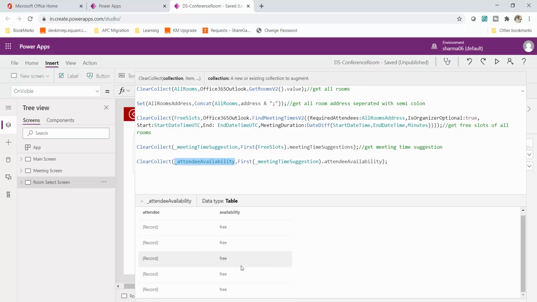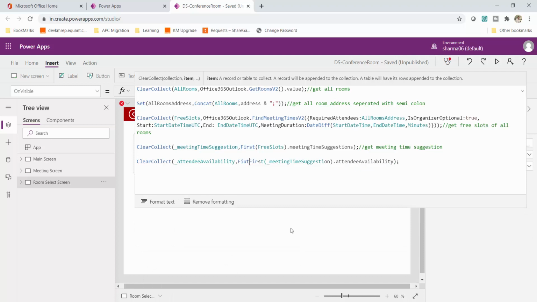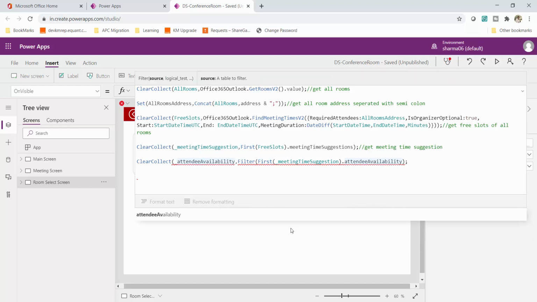So on this collection, I will apply a filter so that it returns only the free rooms to me. Either I can do it in a separate line, or over here I will simply use the filter function like this, filter. Now this is my data source, and over here at the end I will simply put a condition.